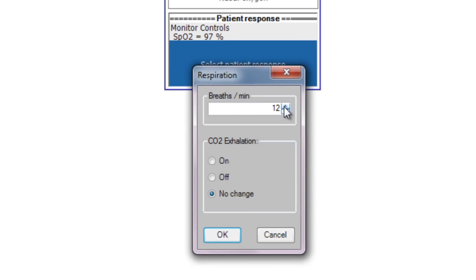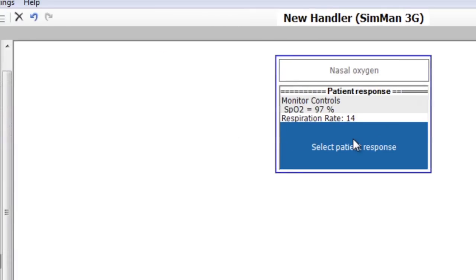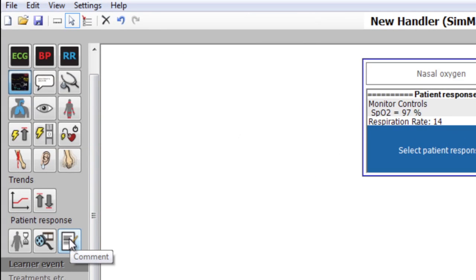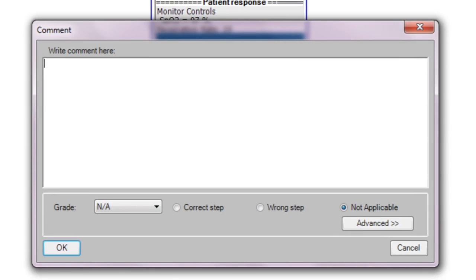I'm going to change this to 14 and click OK. Finally, I want to automatically add a comment to the log about the O2 when they apply it. This will be very helpful during debriefing. So again, I'm going to click to add a patient response, and then back over here on the comment button, where I will type in my comment,